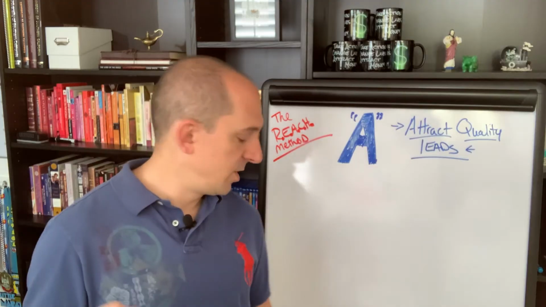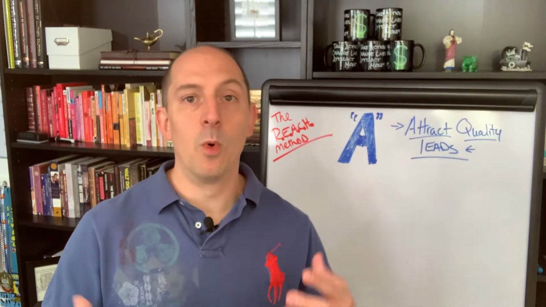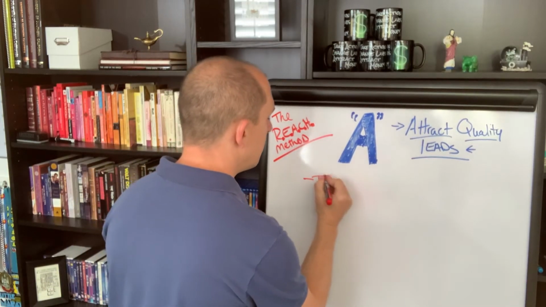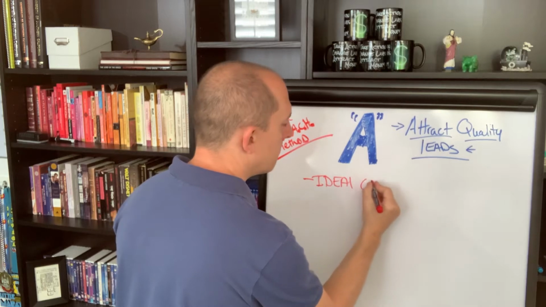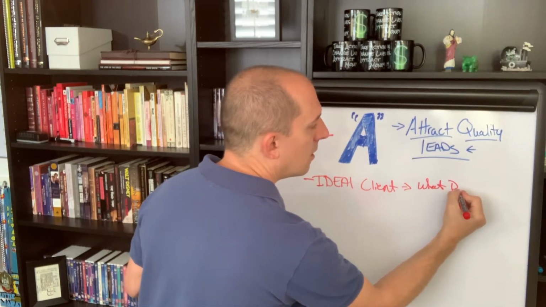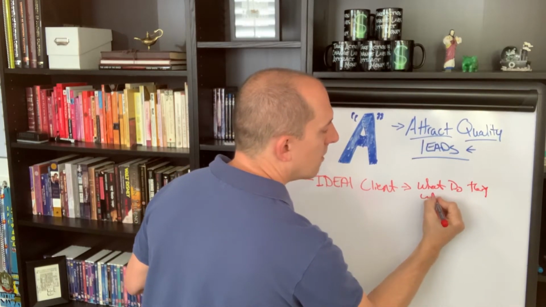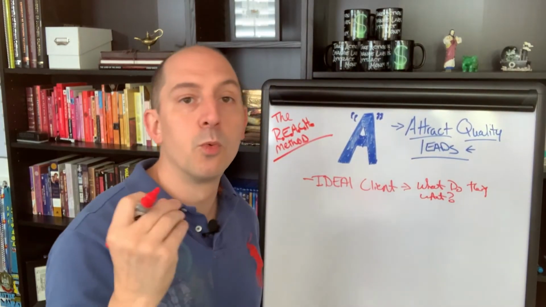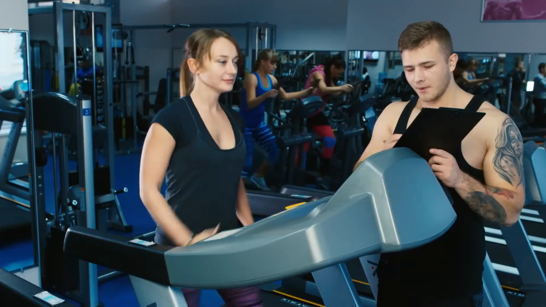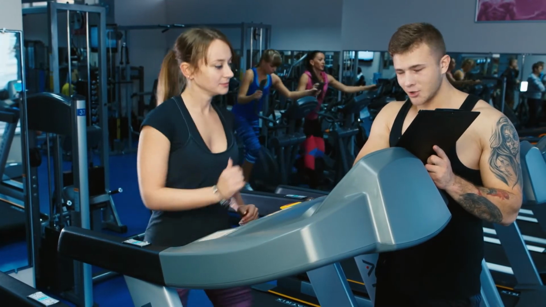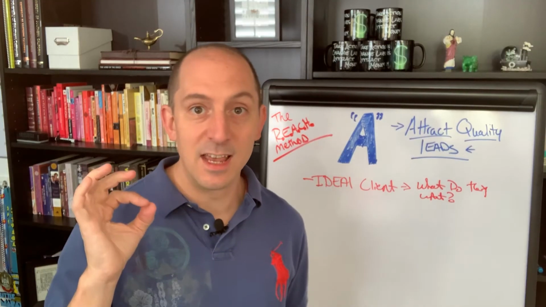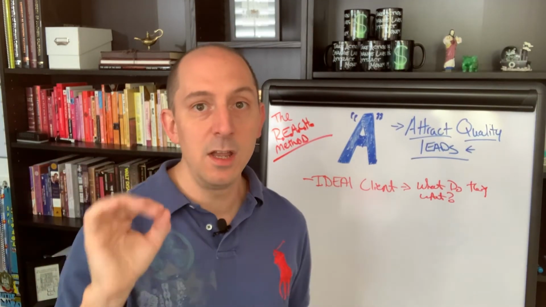So, the first thing is, it's not about what you want, it's about what they want. So think about your ideal client. What do they want? And you have to get really, really specific. So if we look at weight loss, it's not just lose weight. You want to lose 10 pounds in the next 7 days without altering your diet or doing difficult exercises, right? That is a sexy hook. You want to come up with exactly what they want.